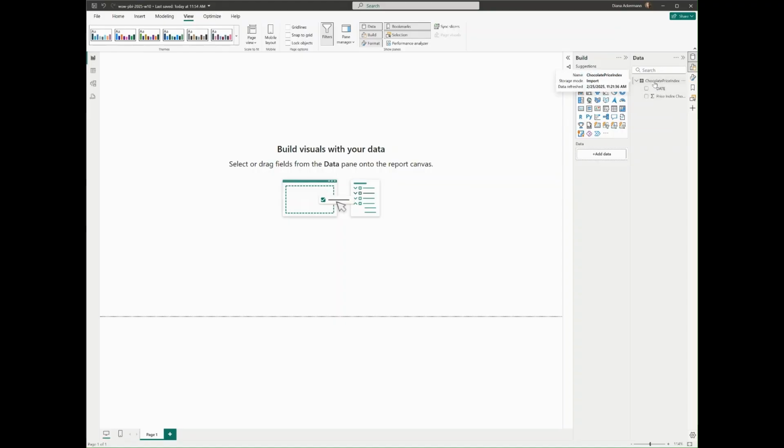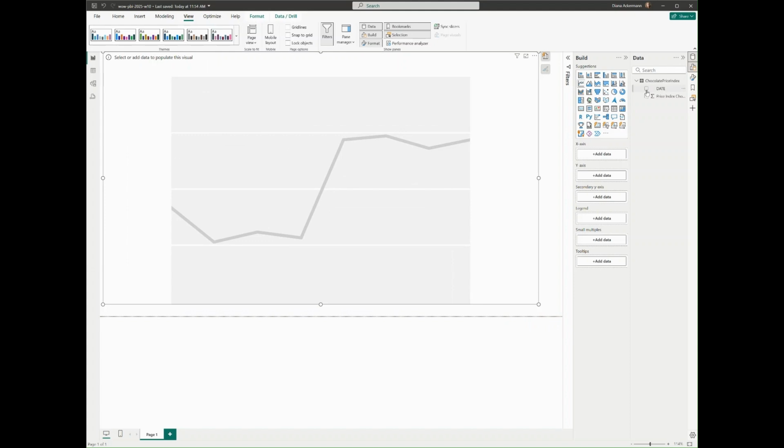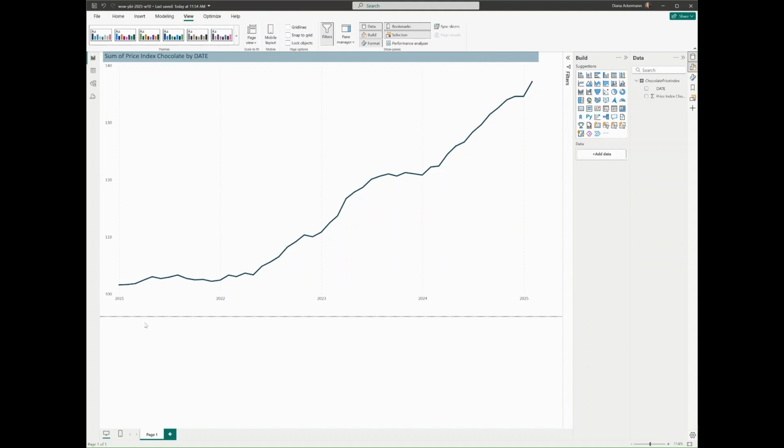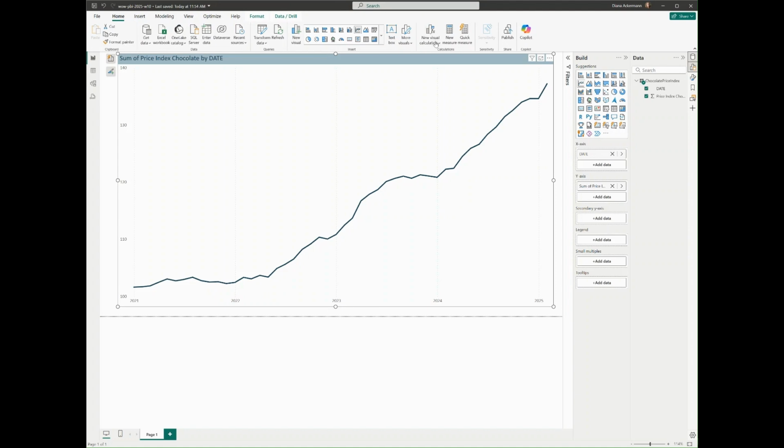I have already uploaded the dataset and now we just start with creating an ordinary line chart. Let's put the date and the index on the axis. So this is a line chart about the price index of chocolate starting 2021 to now. As you can see, it quite rose a little. So then we need to go to new visual calculations and